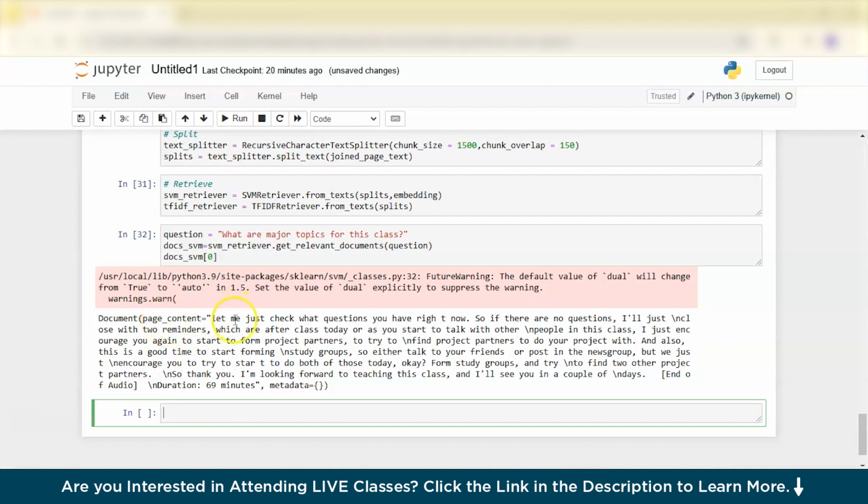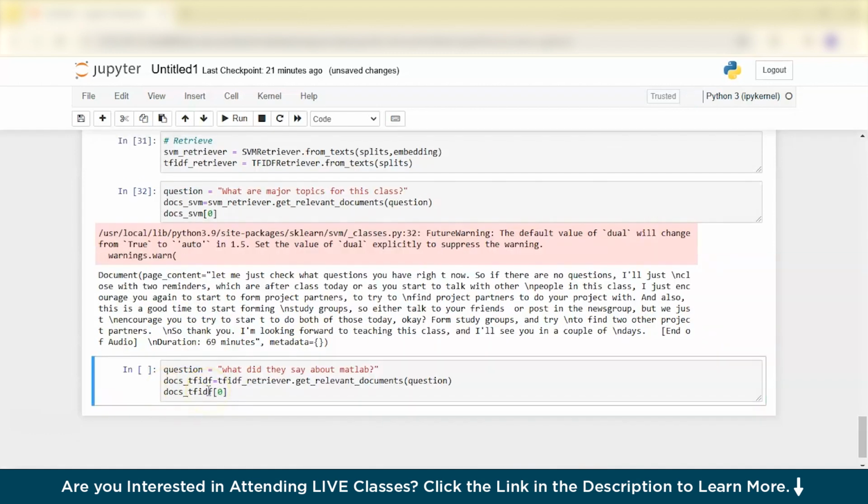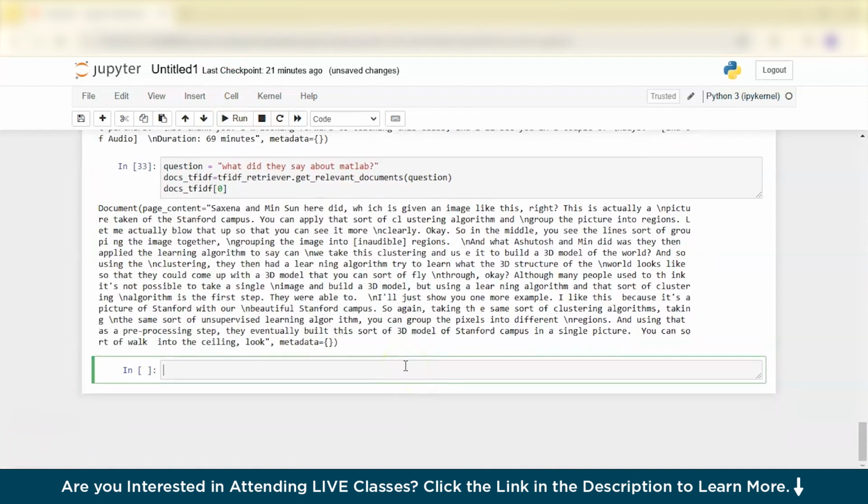Now you can see the page content. Let me just check what questions you have right now. If there are no questions, I will just go on, it has given it. Now we are using the TF-IDF retriever, and let's run this. This is the right time to pause and try your own examples. And down the line, in the next lecture, we will see how we can ask questions and get the